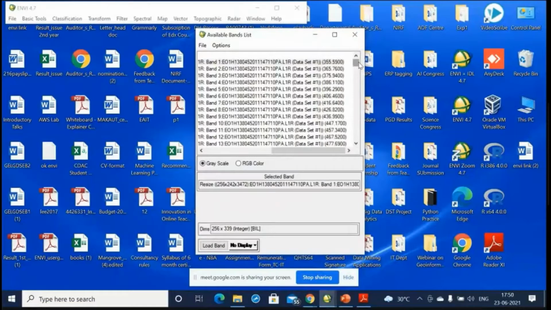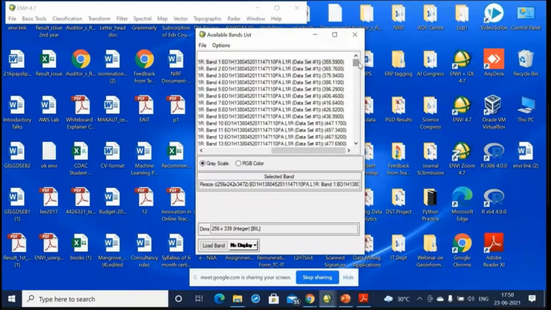The first interval is 355.59 nanometers, the first wavelength band. The spectral resolution of the Hyperion sensor is 10 nanometers.